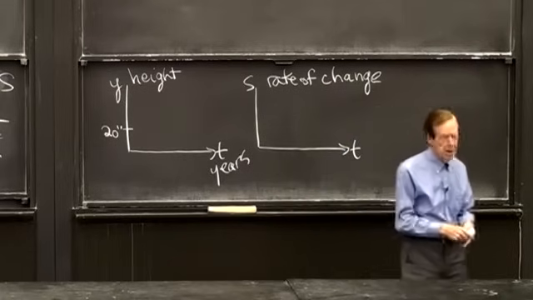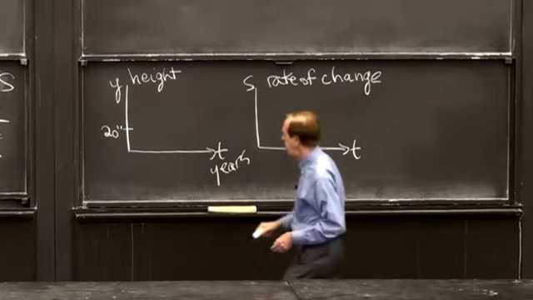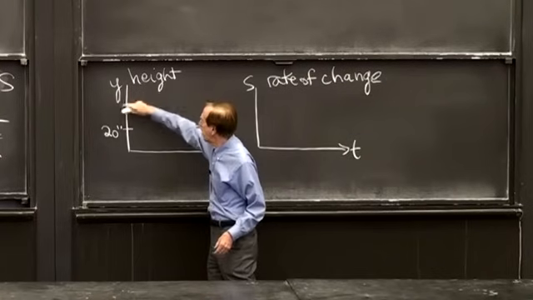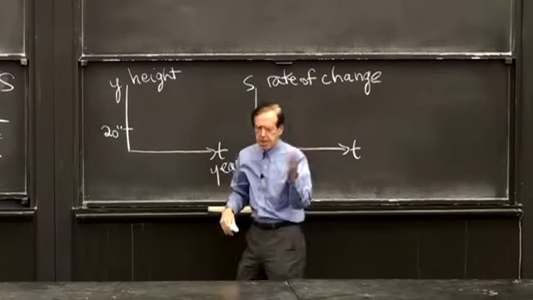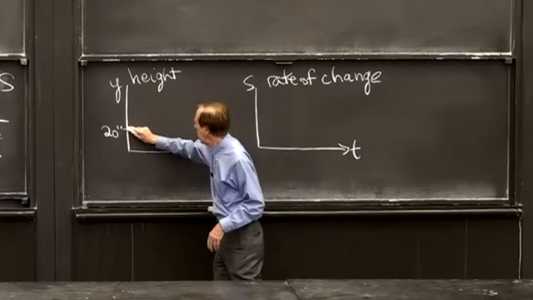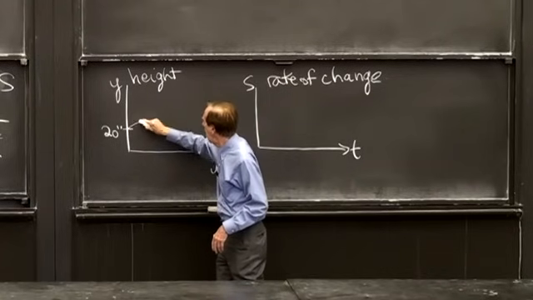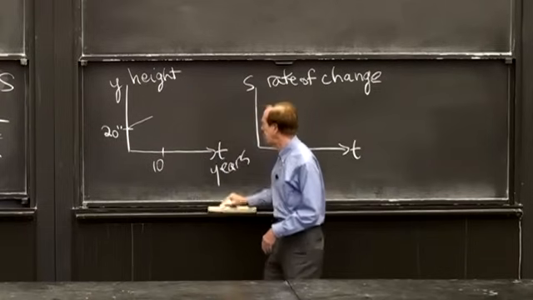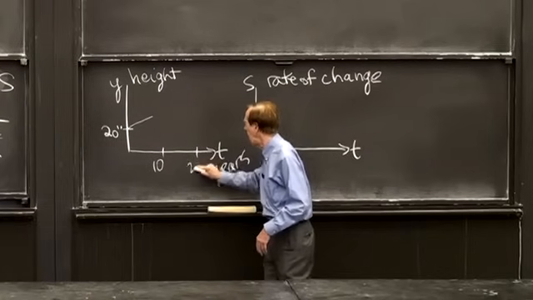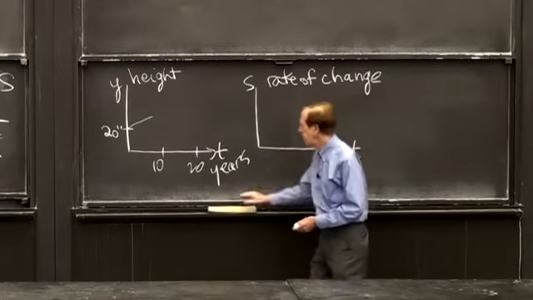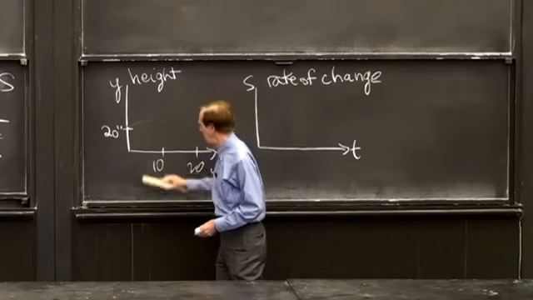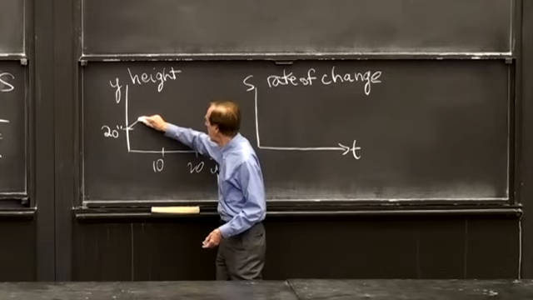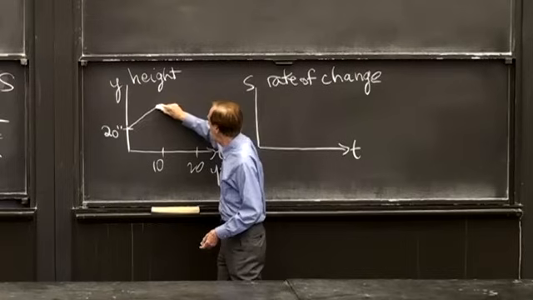Okay, and then presumably you grow. So you grow a little. What are we headed for? About 60, 70 inches or something. Anyway, you grow. Let's say that's 10 years old and here's 20 years old. So you grow. Maybe you grow faster than that. Let's say you're a healthy person here. Up you grow. And then